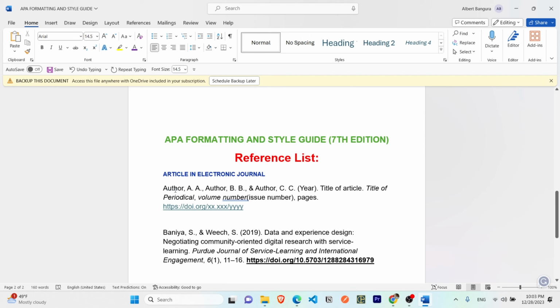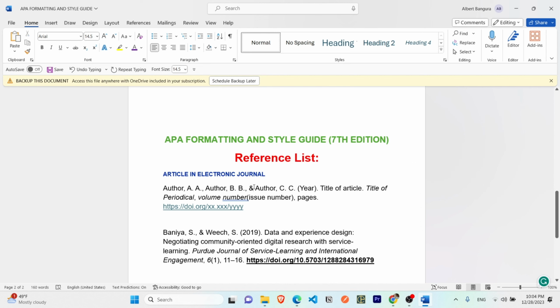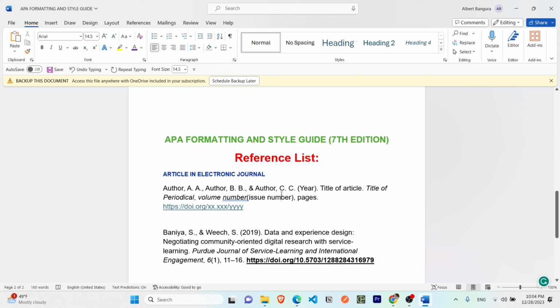You have the authors and then their initials, second author, and then their initials, and then you join the last author with the ampersand. Okay, and then of course followed by the year in parentheses,